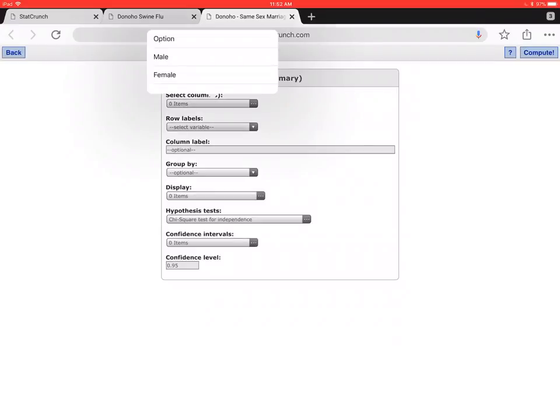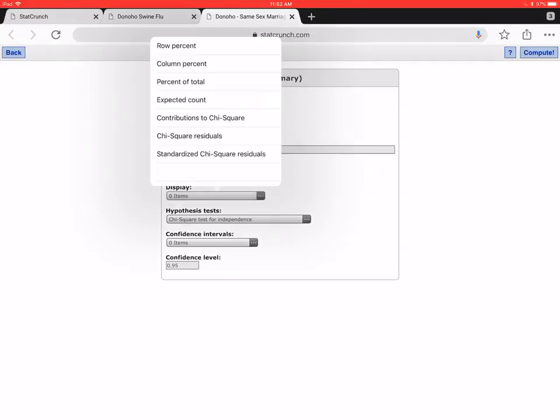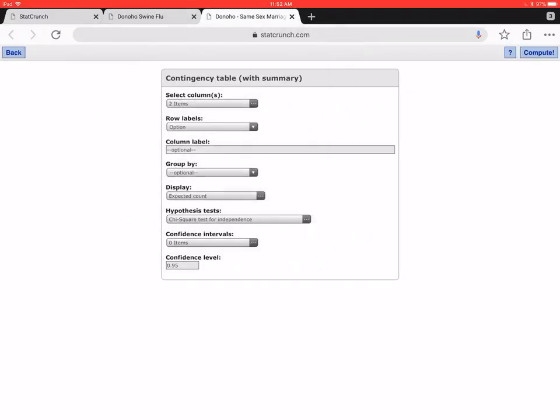The columns that we're dealing with are male and female. And the other one is just the label. The option is the label. And what is easier for you to see if you're on a PC or a laptop, probably, than a tablet like me, is that under display, I believe this is already dropped down for you. And expected count is an option there. So I want to display the expected counts. And there are other things we can do in this area, but for right now, this is all we care about. We just want to be able to